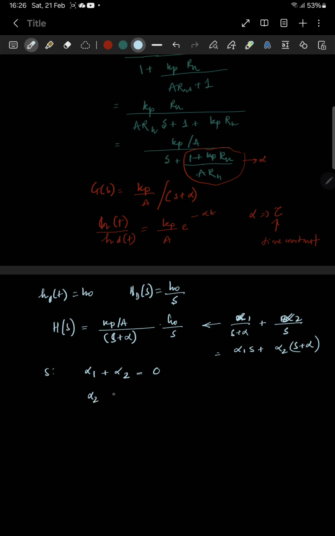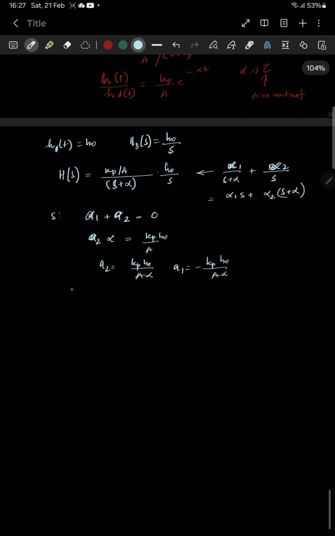Alpha 2 into alpha, so we have a1 a2, equals Kp by A into h0. So a2 is equal to Kp h0 by A alpha. A1 equals minus Kp h0 by A alpha. Okay,